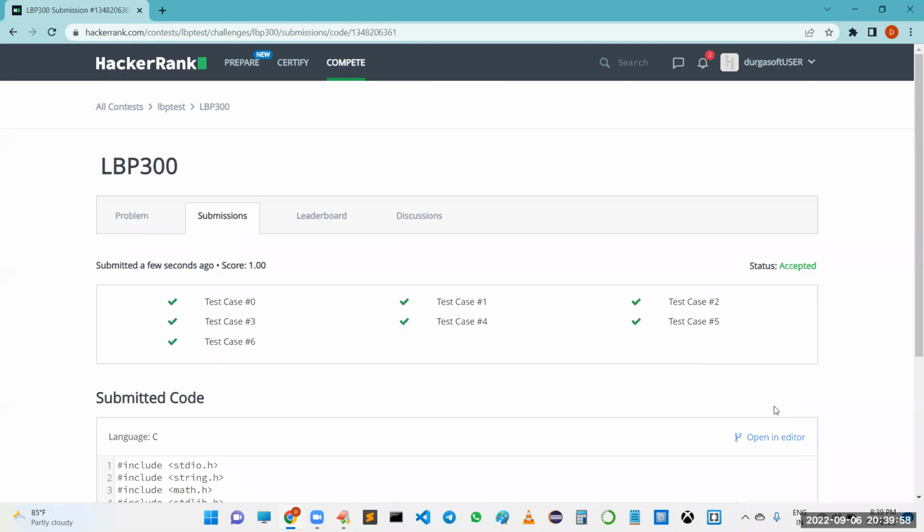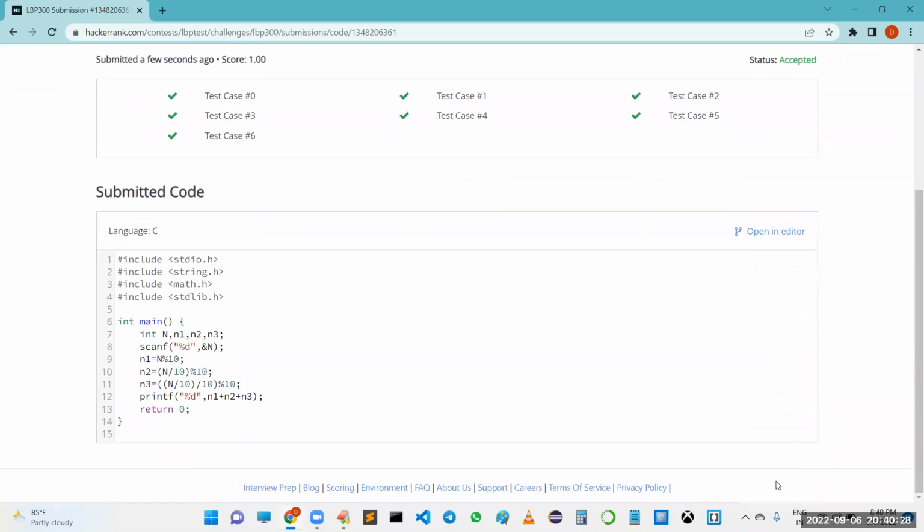Sir, it takes 1 or 2 minutes and you can check all the test cases are passed. We got green color tick marks. That means all the test cases are passed. How much score did we get? Sir, 1 point. What is the status of this particular program? Your status is accepted. That means the program is correct, sir. So hope you got clarity how we have implemented in C language. Sir, please confirm. Do you have any doubt in this C language implementation, friends? Everyone, please confirm. Is it clear up to this?